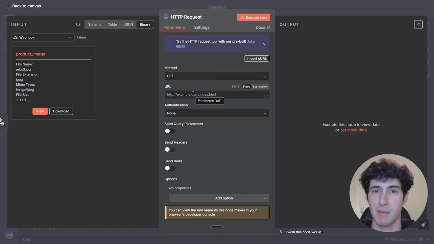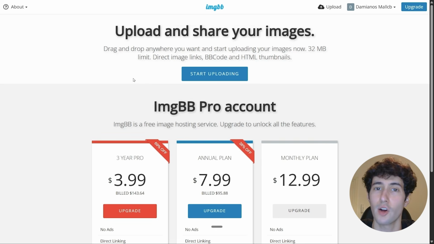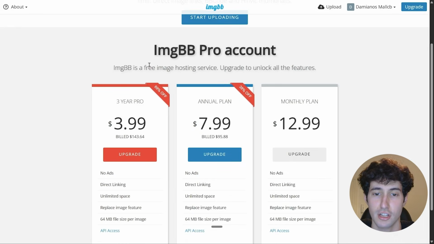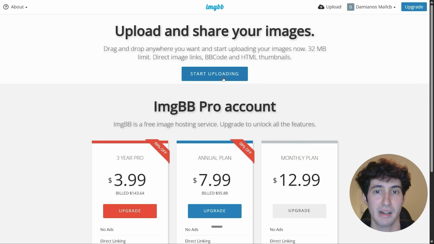And now you might say, Damian, what is this third-party service? Well, it is called IMGBB, and it is a completely free way you can upload images by using an API. So that's why I specifically chose this method and not any other. Now the first thing that you need to do is to come over here, click on start uploading and create